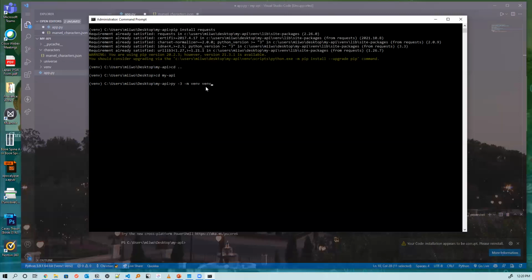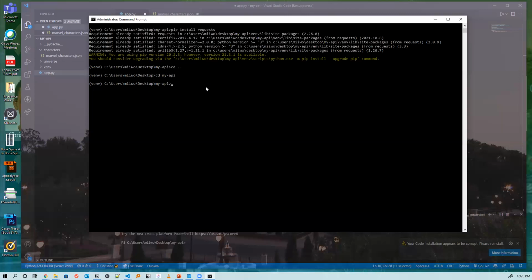For Linux and Mac users, what you need to type is just python3, remove the -3, and then you have -m space venv space venv. That's for Linux and Mac OS users. The prerequisite is that you need to have Python installed on your computer for this to